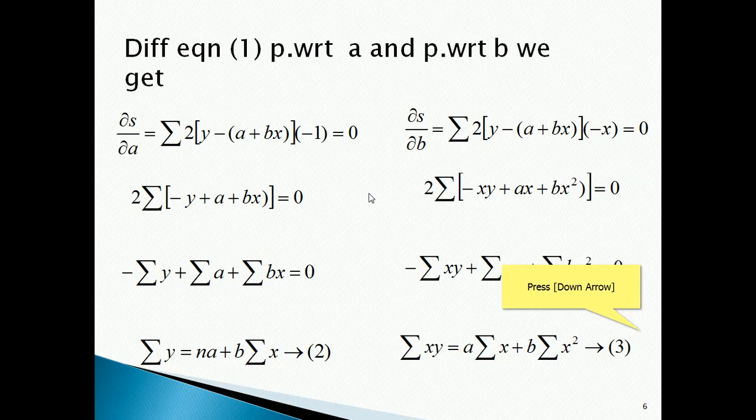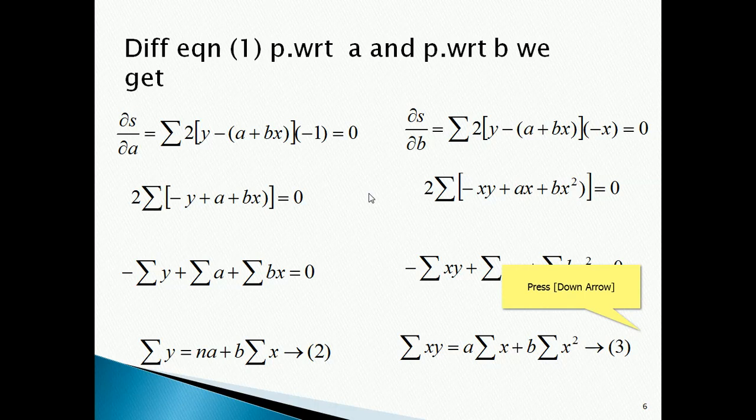If I shift this term to the other side, minus becomes plus: sigma y is equal to summation of a. How many times, where a is constant? We are adding that constant n times. So 2 plus 2 is nothing but 2 into 2. If I add 2 five times, 2 plus 2 plus 2 plus 2 plus 2, it is nothing but 2 added 5 times, 2 into 5. Similarly, we are adding a n times, so summation of a is na, that's it, plus b constant, write that outside, summation of x. Call it equation 2.